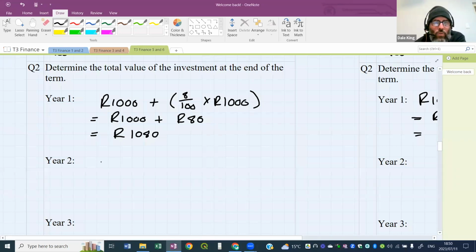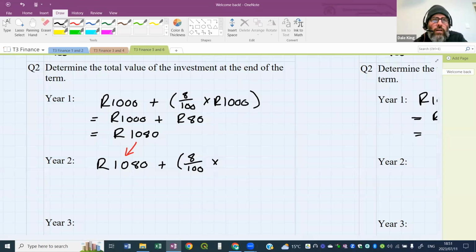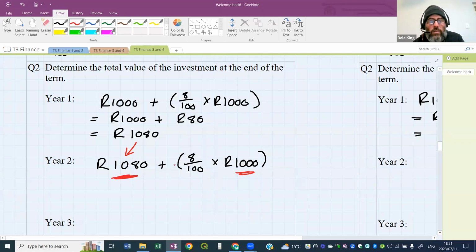All right. So we take the previous year's balance. All right. So this has come down. Okay. And we're going to add on our interest. Now, when we calculate interest for simple interest, we say again, 8% of, and here's the change. We're not going to say 8% of this value. In simple interest, you calculate 8% on the same principal amount every year, which is 1,000 Rand. All right. So this value here is not the same as this one here in a simple interest calculation.